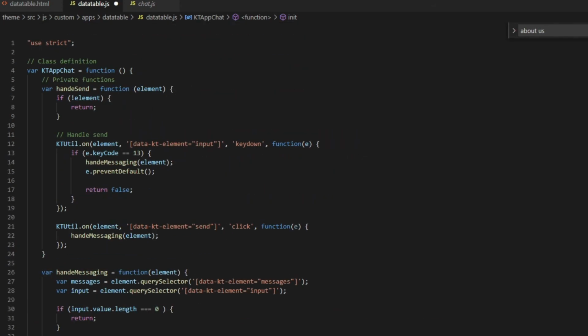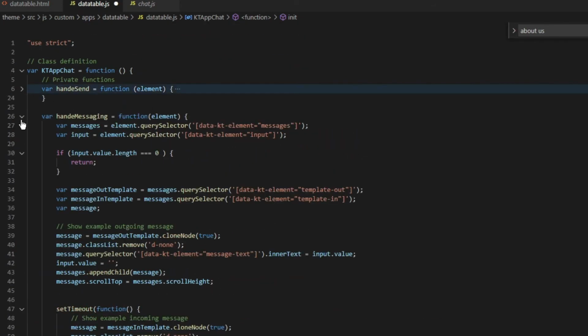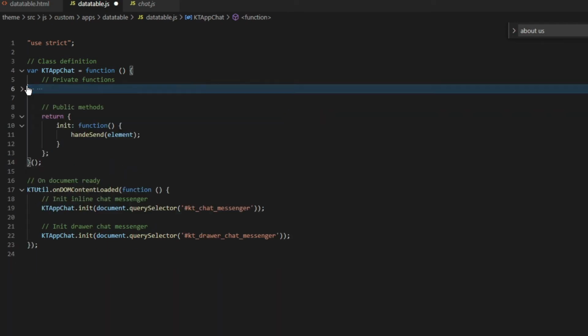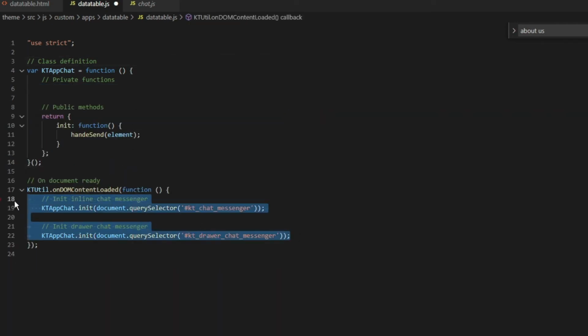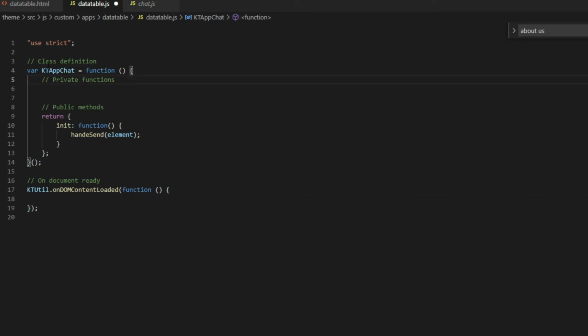We do not need all these private functions that are relevant to chat. Take that out, rename that, and take this out too first. So we rename this to DataTable demo. Put this here, .init,